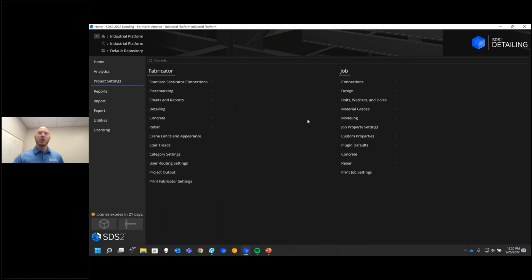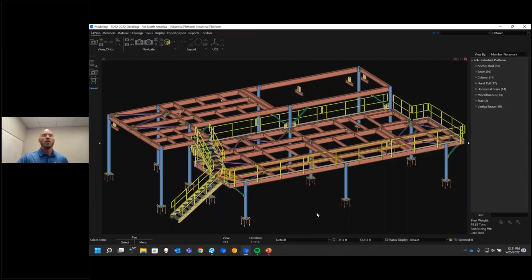So, and that's all going to affect, the better I set this up front, the more success I'm going to have modeling, the more success I'm going to have creating those drawings and getting those as clean as I can out of the box once I get to the drawing creation phase. Okay. So I do have my model open already here, and you can see just a pretty